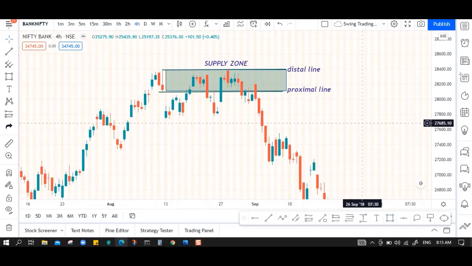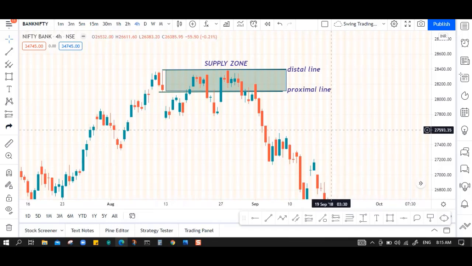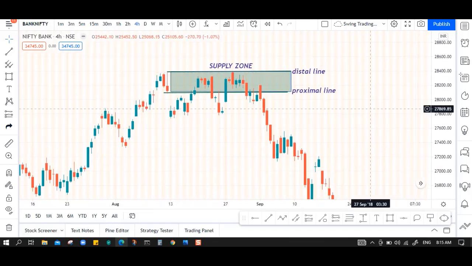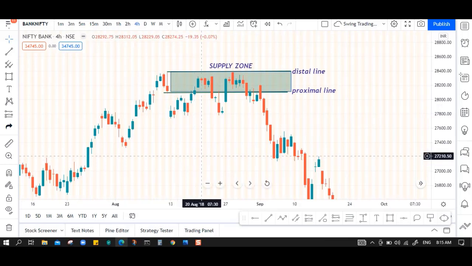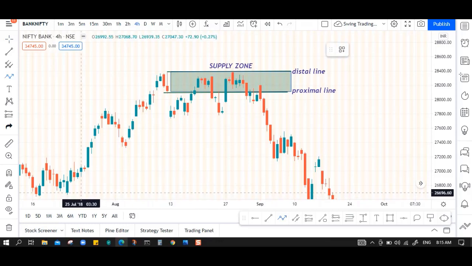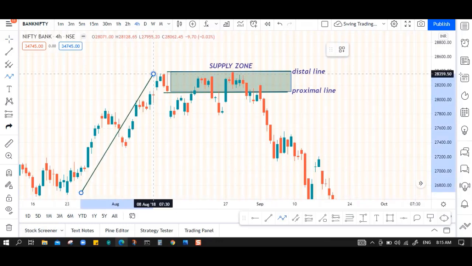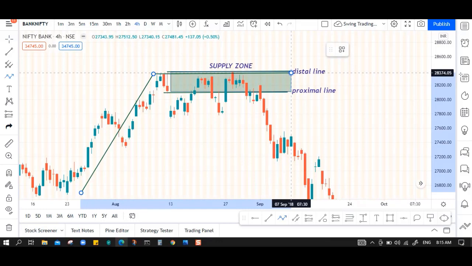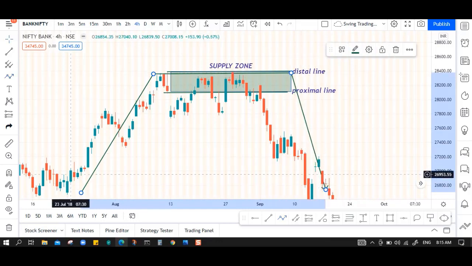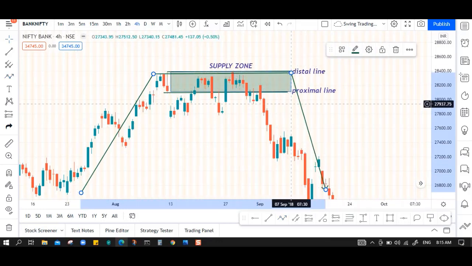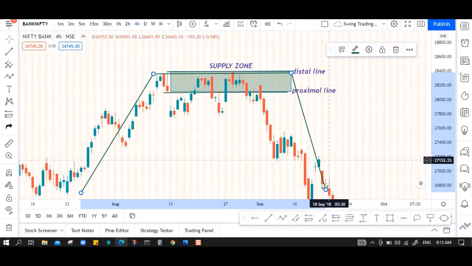Are you able to find any chart pattern here that we discussed in our previous videos? Let me wait for 2 seconds here. Okay, let me tell you. This is a rally, and it created a base and then it fell down. Means rally, base and drop. This is a chart pattern that we discussed in our last video. If you didn't watch that video, please go and watch it once again, so it's easy for you to understand how to see these supply and demand zones.